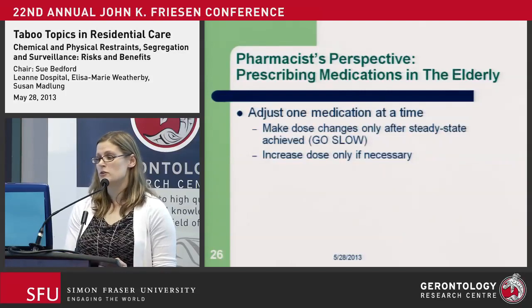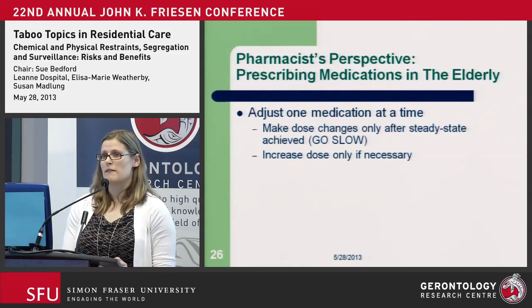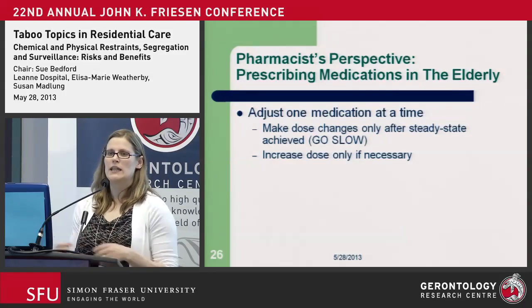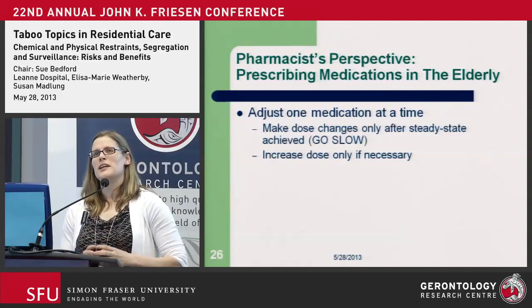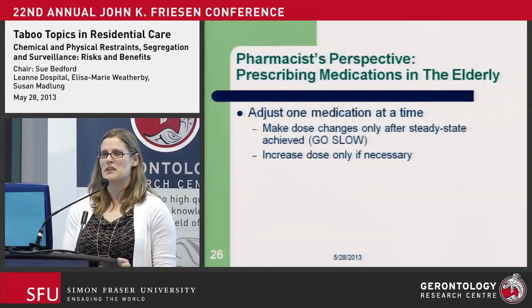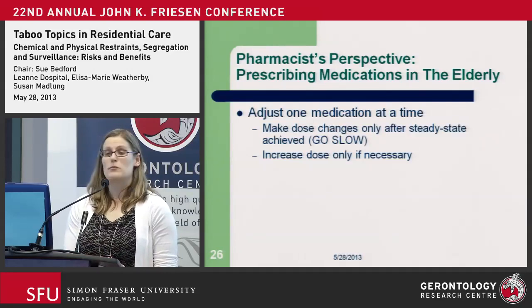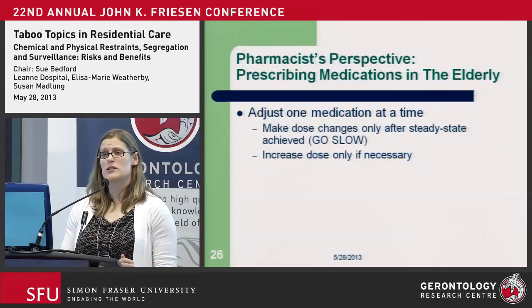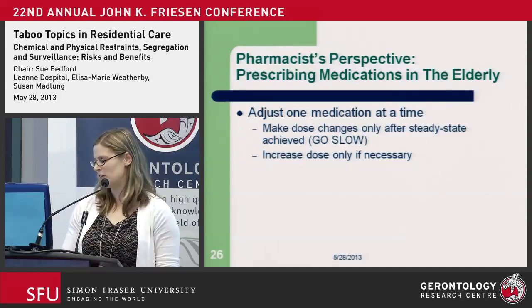And you make adjustments very slowly. So you make changes only after the drugs reach steady state in the blood. I have physicians who forget sometimes that they want to make a change really quickly. And then I'm like, well, the drug has a half-life of like 6 days. So you're looking at, well, maybe a month before you should make a change, but they're making changes in 3 days. Every 3 days they're upping the dose. So the poor patient by the end of 30 days is totally sedated. So we have to remember to make changes slowly and increase doses only when necessary. Never push doses just because you want to get a small incremental benefit.